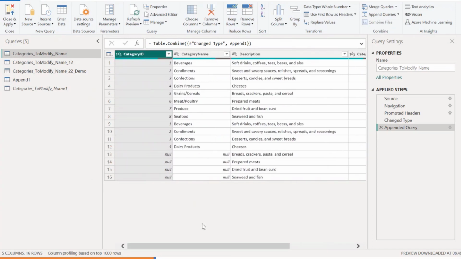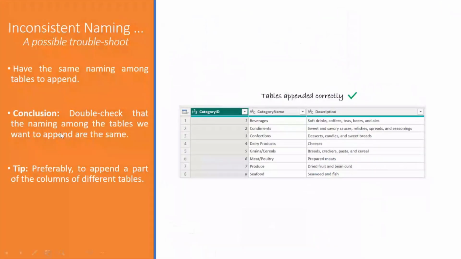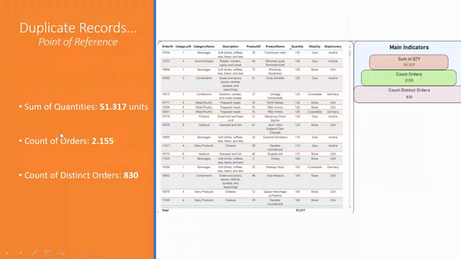It's not a big deal when the data set is this small, but when we're working with large data sets, sometimes it's not really easy to see these small details of the naming of the columns. And when you try to plot or draw some dashboards, it's really misleading and confusing. So one of the possible troubleshoots for this is to